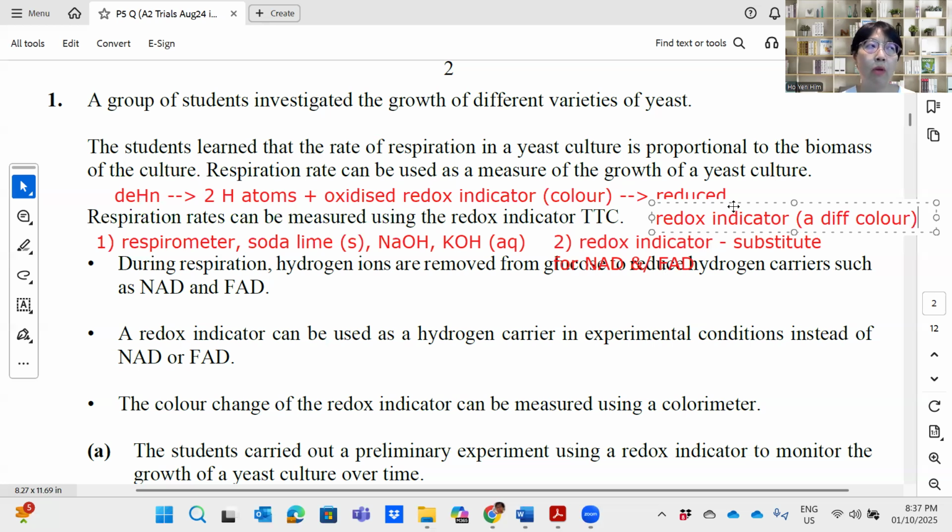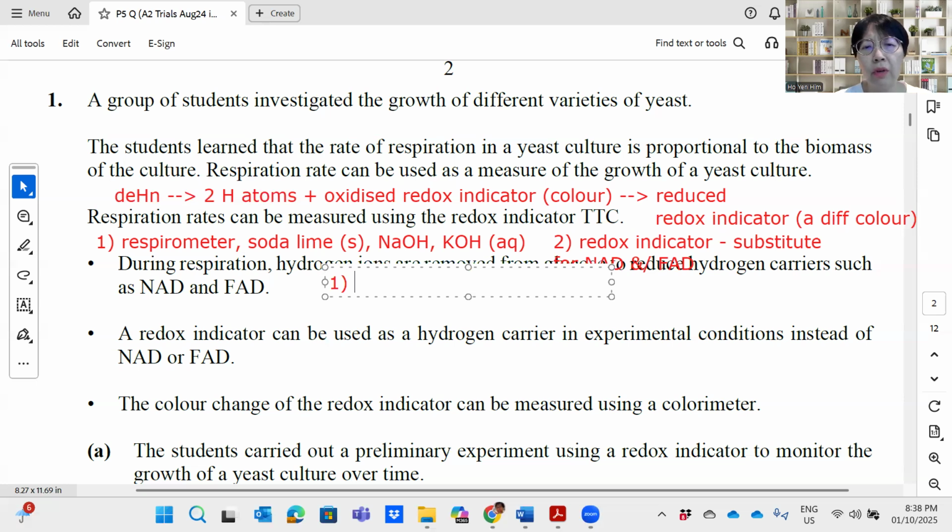if you want to calculate the RQ value, you also need both oxygen and CO2. In this case, we don't need to measure the gas. We're actually looking at the time taken for color change, because the rate of reaction is measured by the color. In this case, we're using TTC, which is colorless. This is very interesting, as it is the opposite of methylene blue and also DCPIP. So the 3 redox indicators that you may